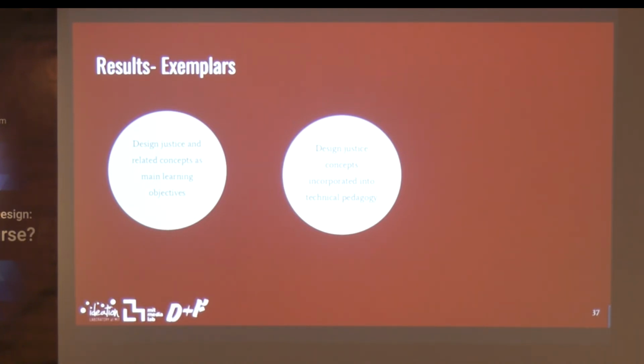It was a class that was about mapping, and so it covered the technical aspects of mapping, how to do things with GIS and all of that, but it also covered the historical significance of mapping and how it's been used in cases such as redlining, or been used to allow for discriminatory practices, and bringing that into the technical content of the course.